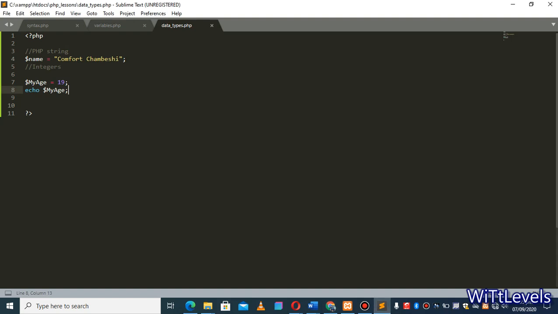Okay, so I forgot to tell you something. We also have floating numbers. The floating numbers are those numbers with full stops or commas, especially numbers with full stops. So we may have something like currencies, or maybe money. Let's say you buy something at 4.99 US dollars. So let's say my money